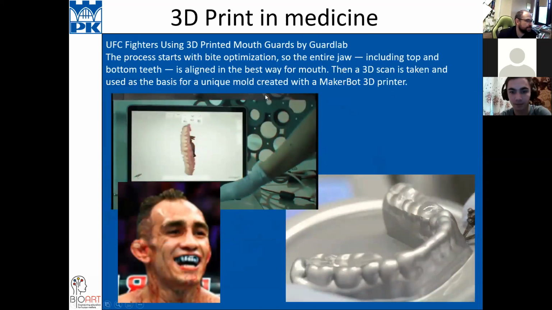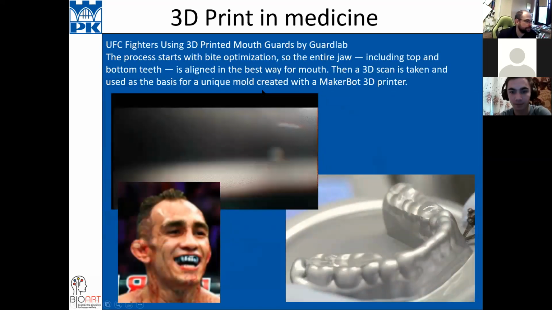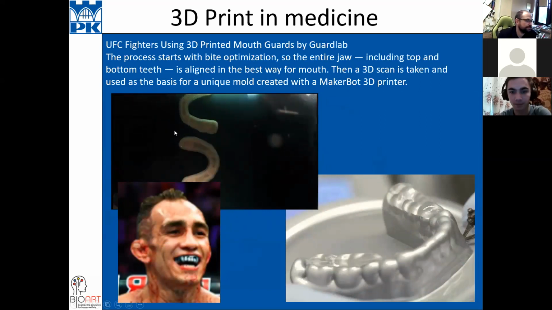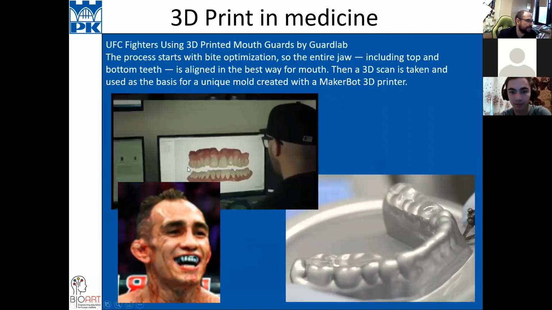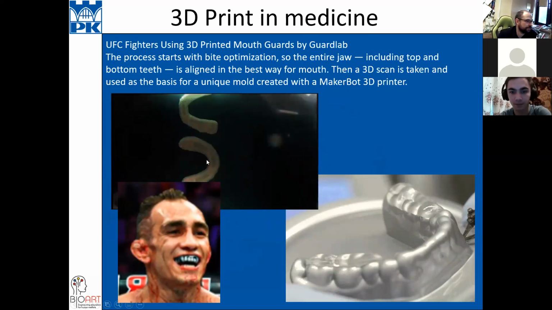This company is very similar to the previous sample. They print special protection for fighters.